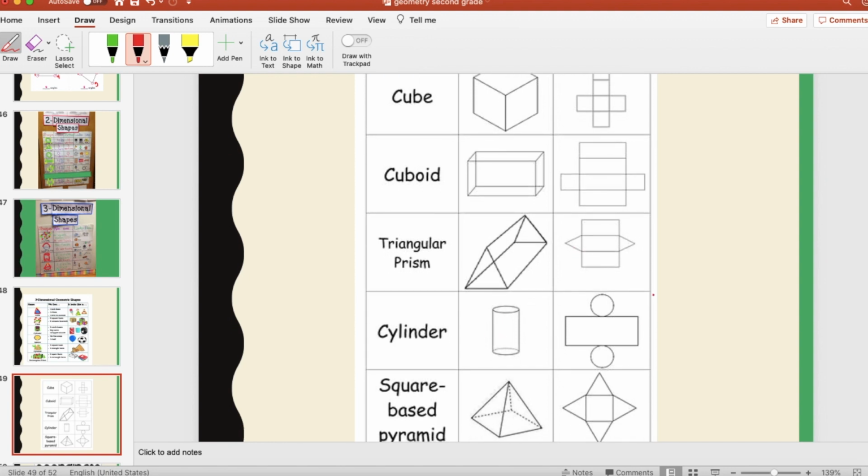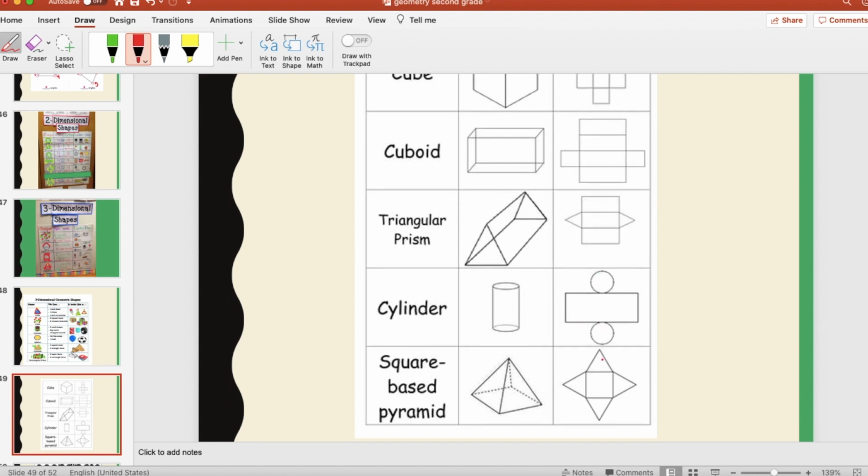A cylinder looks like it has a rectangle, and then a circle face at the top and a circle face at the bottom. And then a pyramid that's made up of a square has 1 square bottom and then 4 triangular faces. So that just helps to break the shapes down. So I'm hoping that you found this video informative and that we really cleared up these new words that go along with 3D